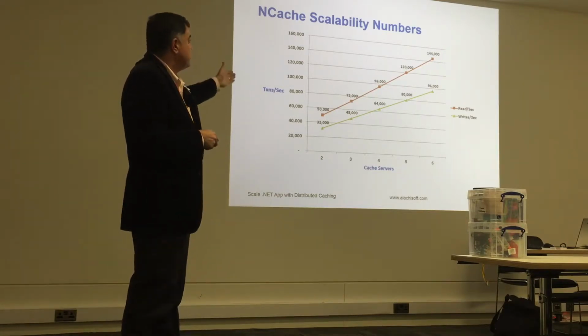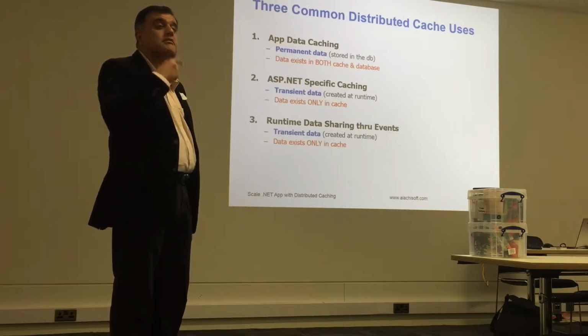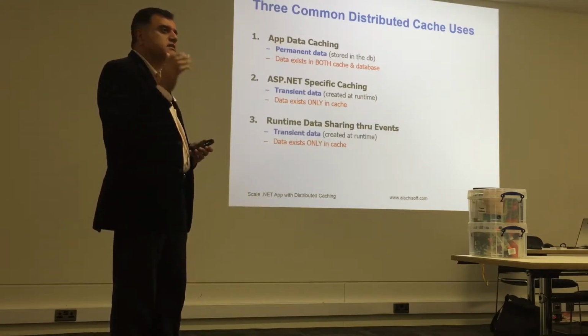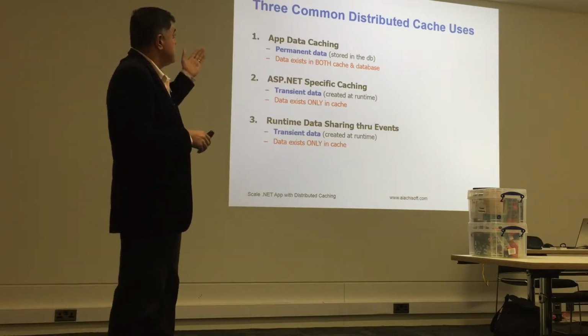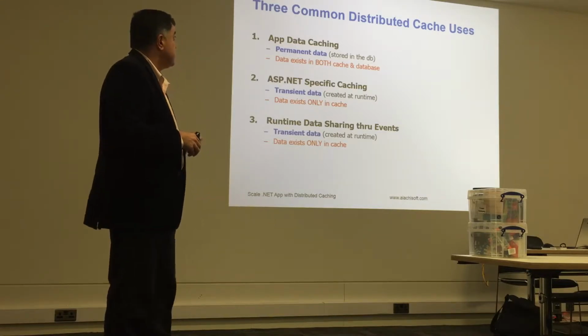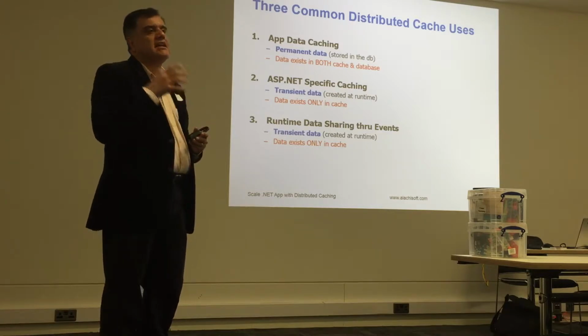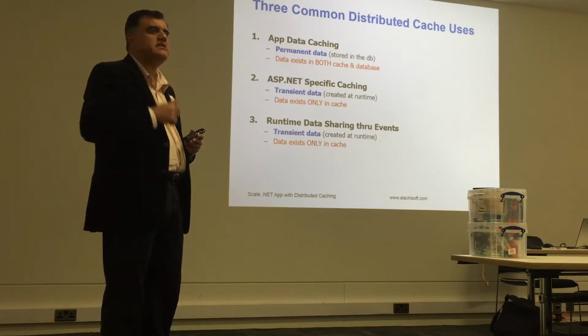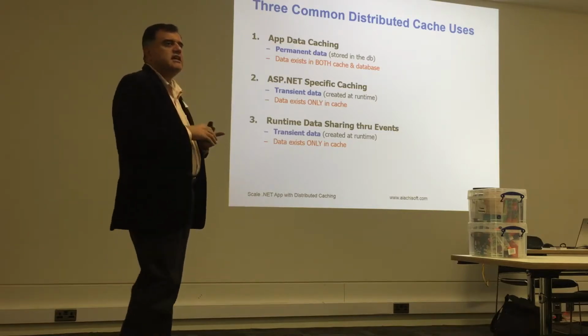So you want to architect this correctly from the beginning. Make sure your application is able to take advantage of caching. There are three ways that caching is used. Number one is application data caching. The word application data means it comes from your database. Although all data is application data, I'm just going to call this the data that exists